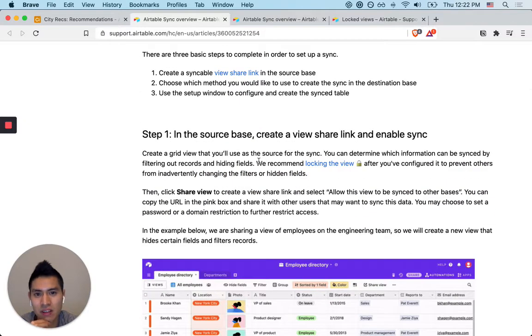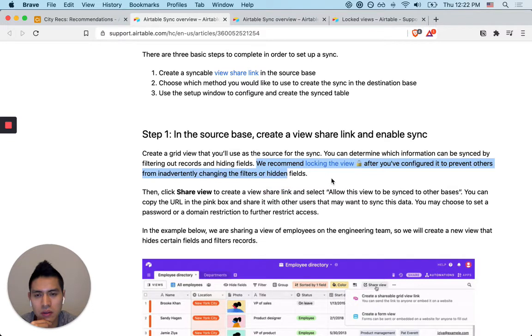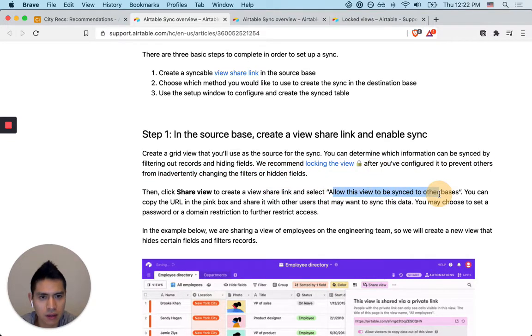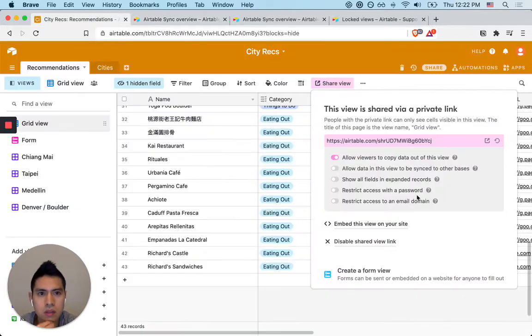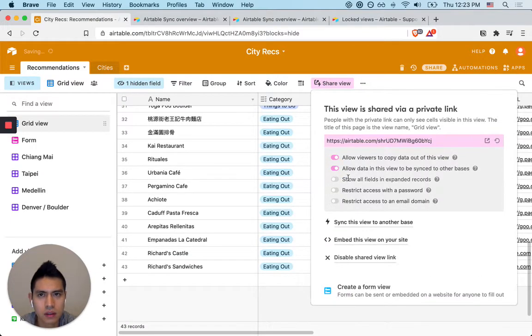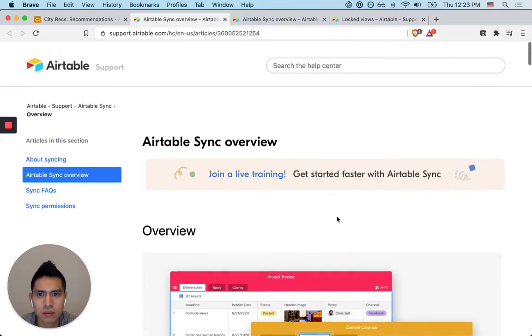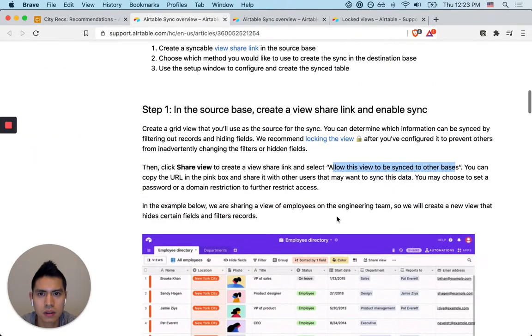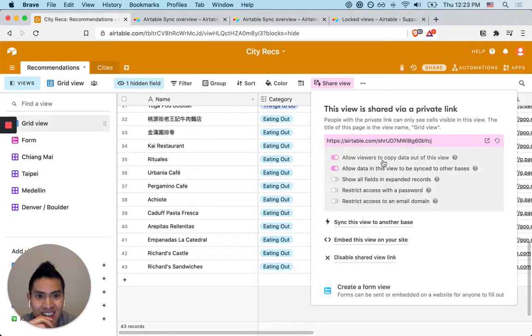Okay, well, I locked the view as recommended, and then locking the view for some reason doesn't allow me to specify this allow this view to be synced to other bases. This view, the data in this view. Okay. Hey guys, I recommend you update the copy in the blog post to match the text in the product. Anyway, so let's click on allow data in this view,